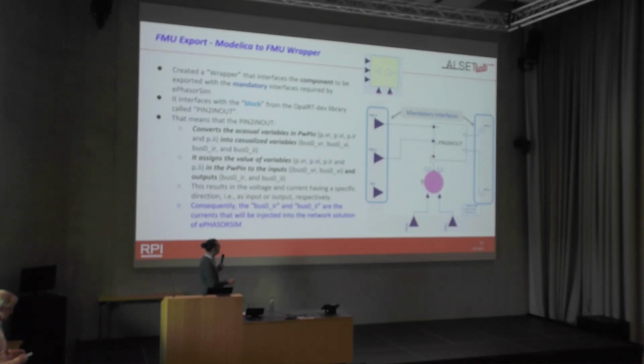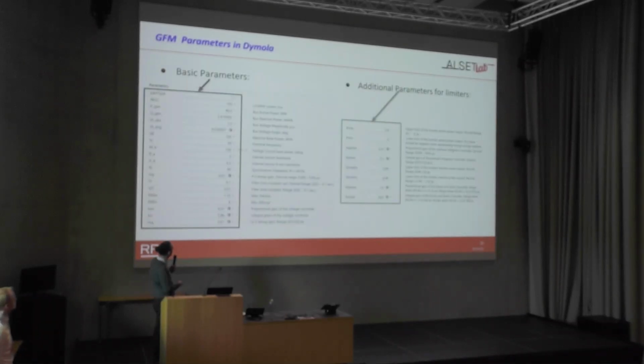So this block over here basically imposes the causalization that you have to inject currents and read voltages. That's how that simulator works. So basically what we do here is that we add the inputs. I'm just illustrating here with the voltage source that you're going to control, and you have this pin that is connected to it. So with that, you can